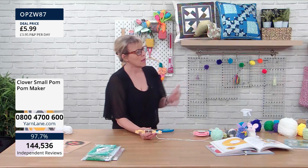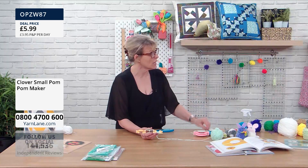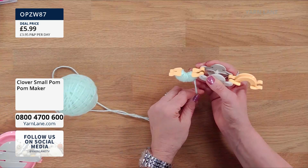Because I remember when we got to the end, we physically had to have one of the wool darning needles to thread. Push it through, yeah. How did we do it? We must have had so much patience. We did have little hands in those days. And no internet or telly or...